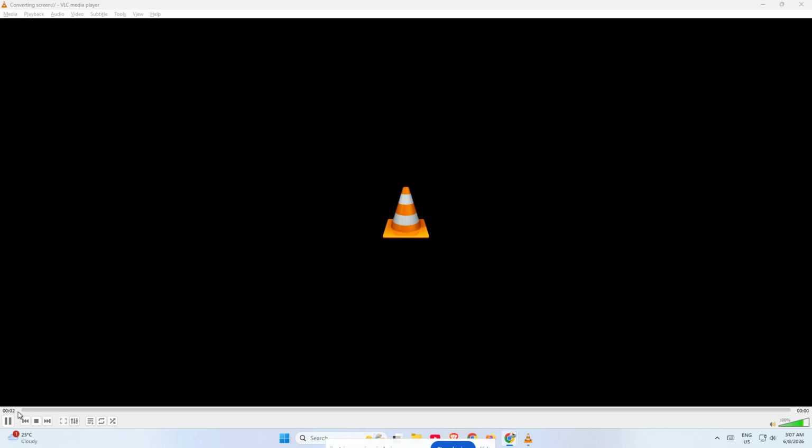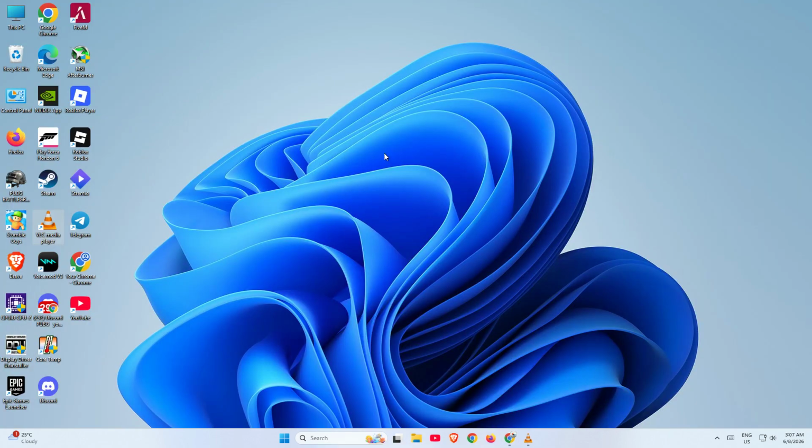When VLC starts recording, the VLC window may disappear or minimize, and you'll notice the timer or playback time begin moving upward. That means the recording is live and whatever you do on your desktop is now being captured. Now you can switch to the app, window, browser, or presentation you want to record. Keep in mind that VLC is recording the entire desktop, so anything visible on your screen may be captured. If you're making a tutorial, it's a good idea to organize your desktop first so the recording looks clean and